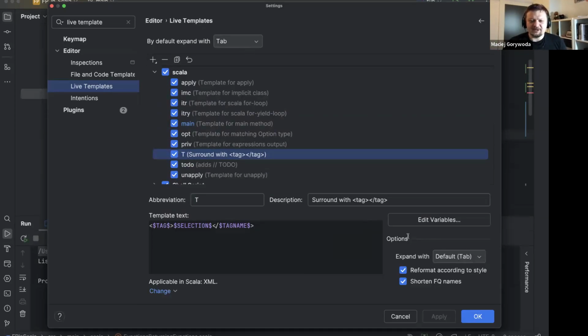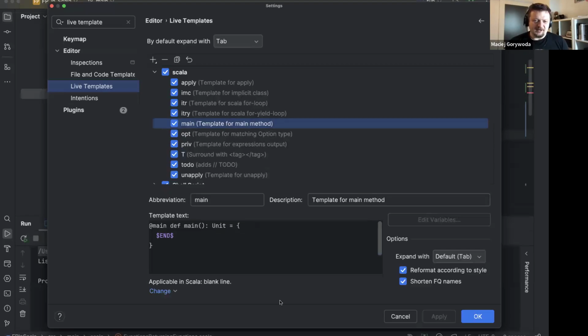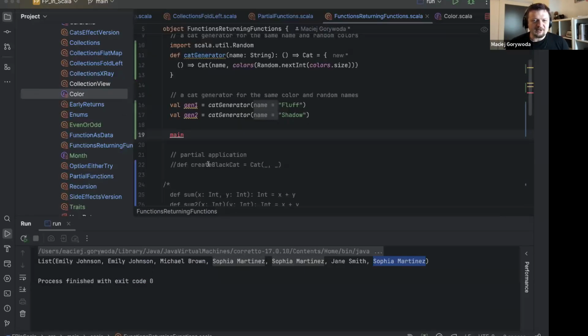Then you just use tab or space or enter to turn the name of the template into a template, and you can add your own, or modify what you see here. So now I just write main here,